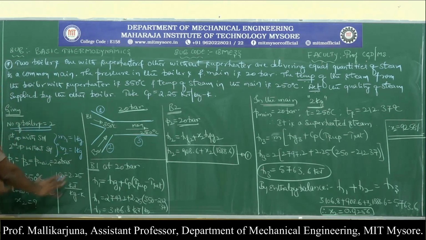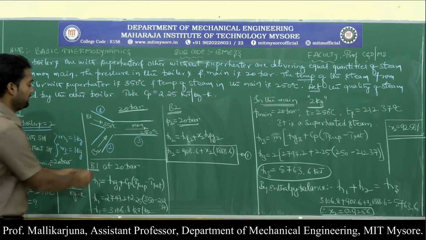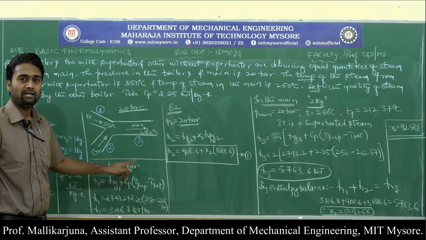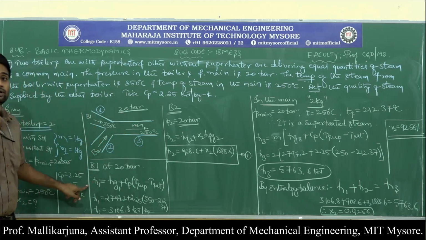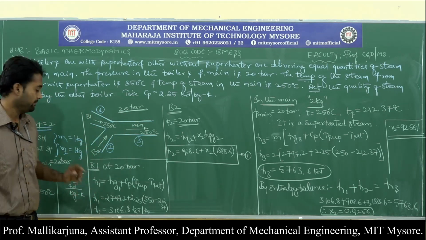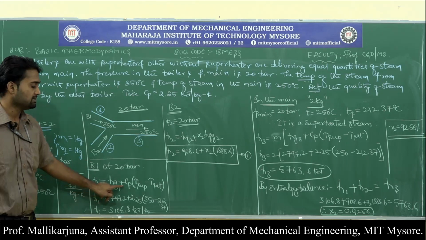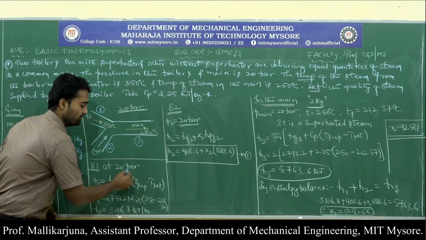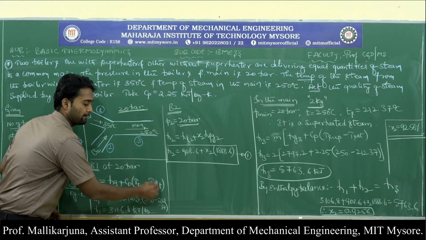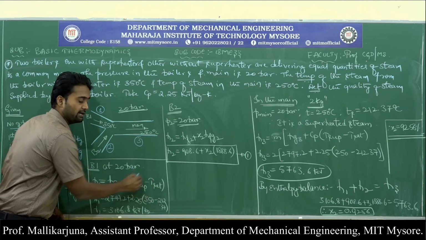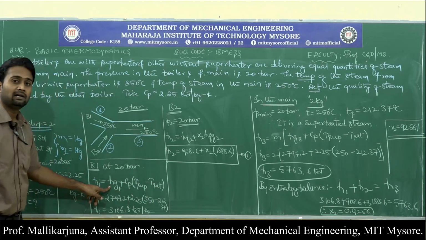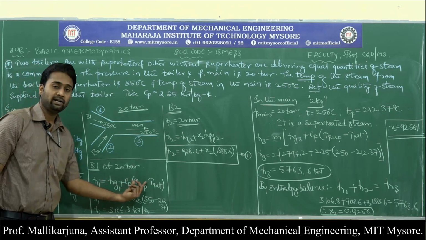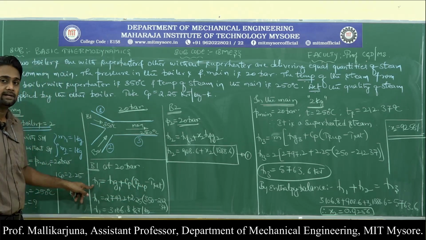For that purpose, I hope the data is very clear to us now. I will be talking with respect to boiler 1 first. Boiler 1 is operating at 20 bar pressure. We know it is a superheated steam. Already it has been decided. H1 is equal to Hg1 plus Cp times (T superheated minus T saturated). From the previous problems, we knew this is the superheat formula. Hg1 is the enthalpy of the dry saturated steam. Enthalpy of dry saturated steam plus superheat will give us the enthalpy of superheated steam.